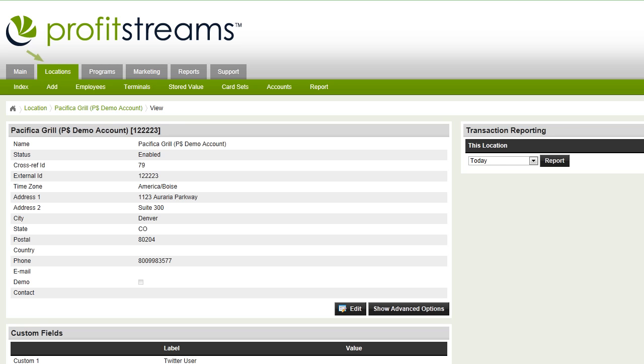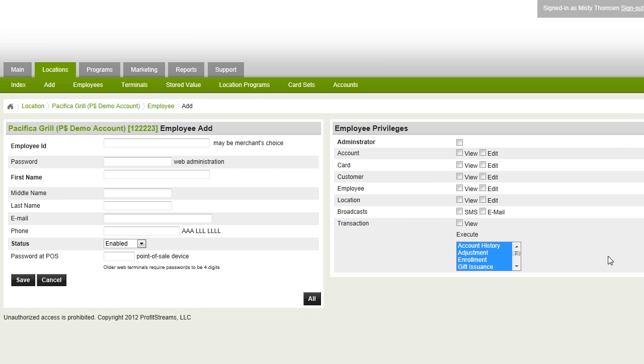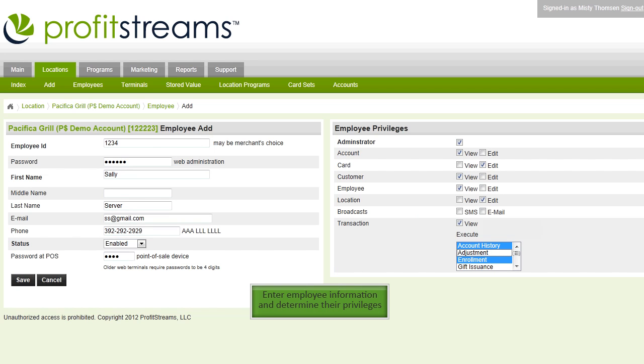To add or modify employees and their login privileges, from the top menu, click on Locations. And again on Employees. To add a new employee, click on the Add button located on the far right-hand side of your screen. If you need to modify an existing employee, from here you would just click on the employee's name. For a new employee, you're going to enter all the information that you see on the screen. If you have an existing employee that you need to modify, you can change any of these fields that we're